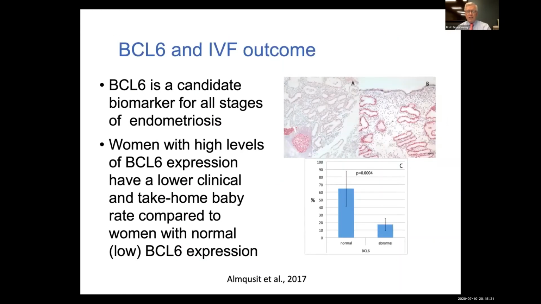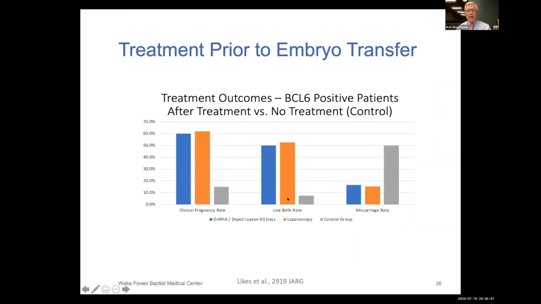So we published in 2017 that women with elevated BCL6 had a very low pregnancy rate, as shown in panel C, compared to women who had normal BCL6 levels, as shown in A. And so BCL6 is one of many potential markers that could be used to try and figure out which patients require further treatment. And the treatments, we also published this in Journal of Assisted Reproduction and Genetics in 2019,